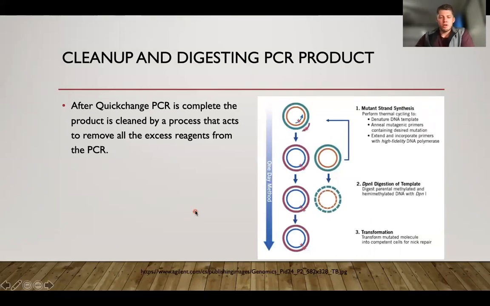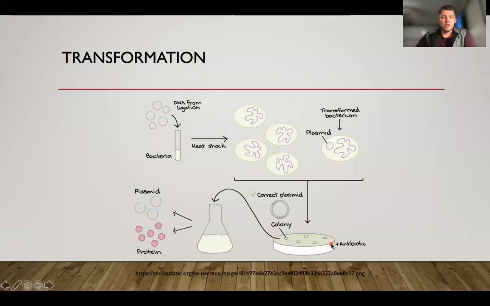As a result of PCR, we will have DNA that contains the mutation and some DNA that does not. The pieces of DNA that do not contain mutations will be digested by DpnI, and the resulting solution will contain the mutated plasmid as well as some other fragments of DNA, and these DNA fragments will be washed away using a PCR cleanup process. Once we have the